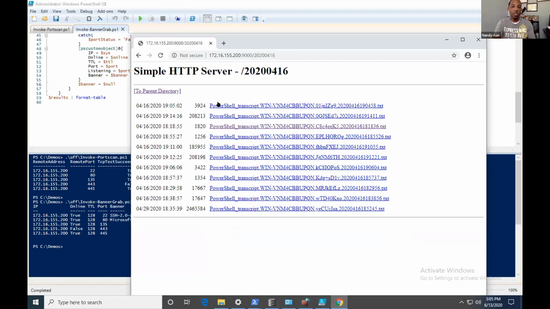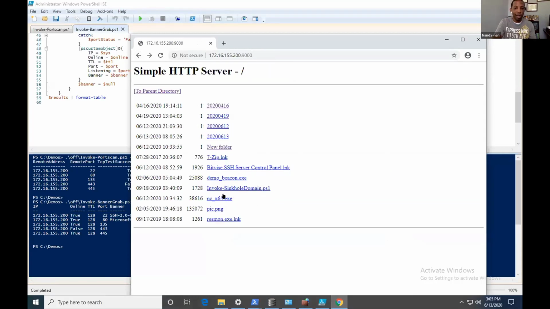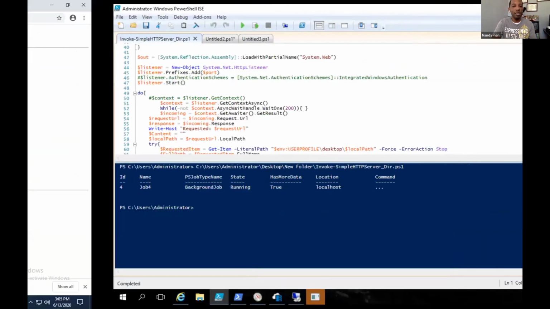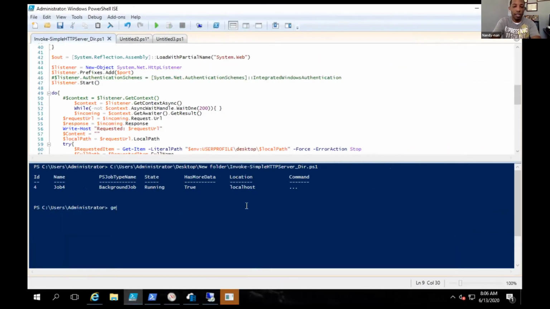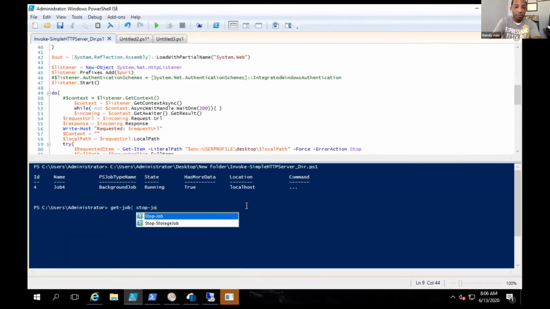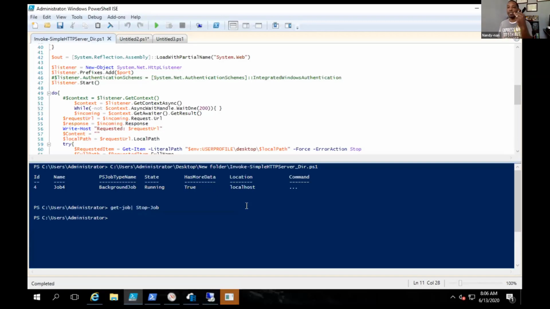As I go into the folders of sorts, I could interact with these things, or if I wanted to, I could just download it. Right? So we see I just downloaded this netcat or what have you from this other machine. And then when I'm done with that machine, i.e. that server, I could do something like get job, right? And then I could shut that server down. Very hasty. I stand it up, I get what I need, I tear it right back down, and I keep going with my mission or my objective.